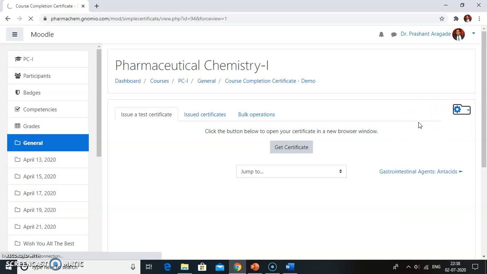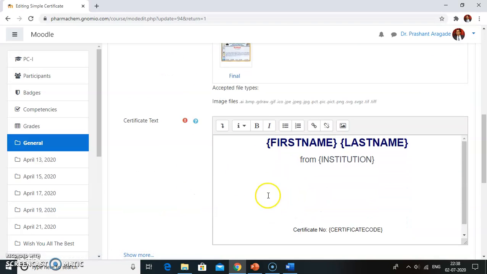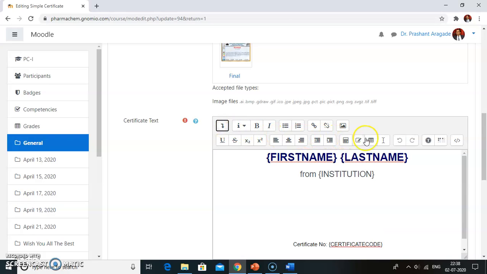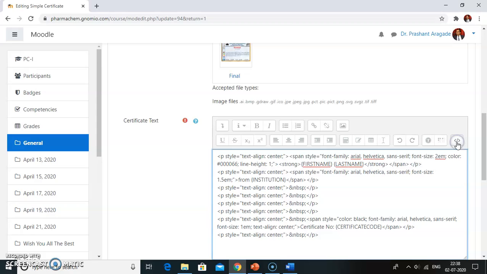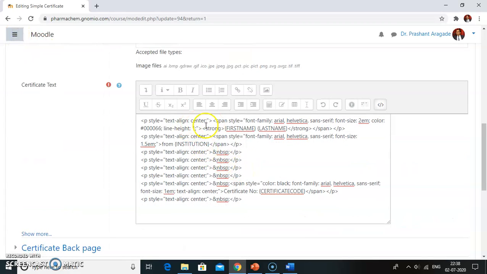So just go to the edit settings in certificates. This is your certificate text box. Click on this show advanced button, then click on this HTML. Then if you want to change the color, just change the color from here.